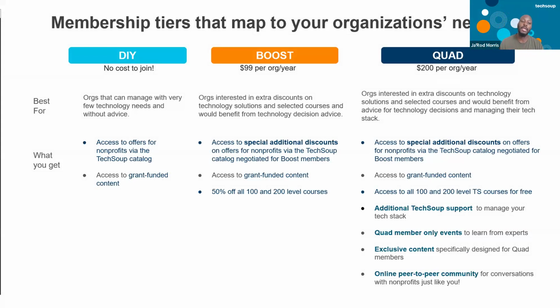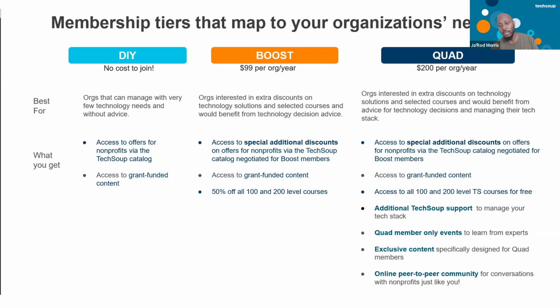And then in addition to that, you also get 50% off of all of our 100 and 200 level courses in the TechSoup catalog, which consists of hundreds of different customized, curated courses that have been developed over time. Some of those course tracks run $200, $300 just for one track. So it would immediately pay for itself should you decide to become a Boost member. That is $99 a year.